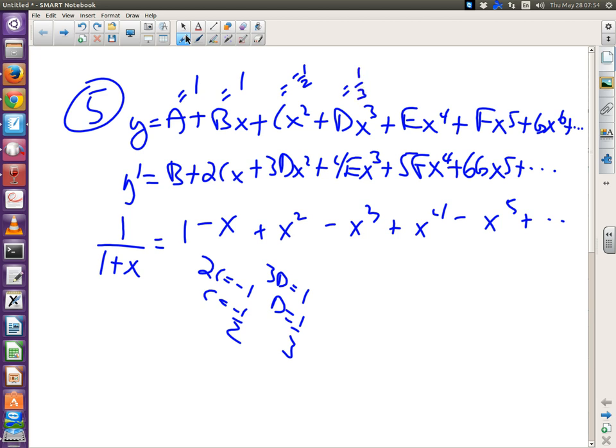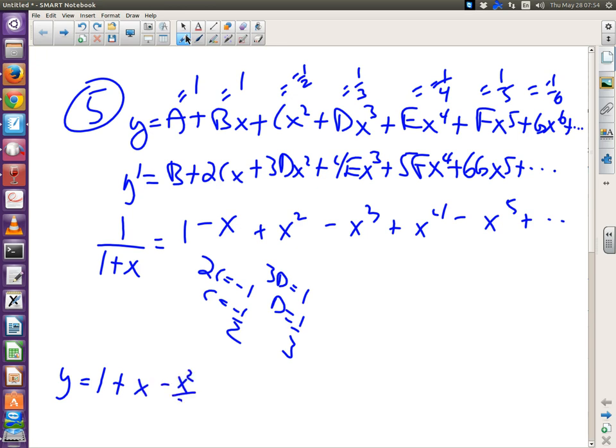Is this a strictly alternating series after the 1, 1? Is it going to keep on changing sign? Let's see. 4e is -1, so e is -1/4. Okay. 5f is +1, so f is a fifth. And so g? G is going to be what? -1/6. All right, so if you write it out, y is 1 plus 1x plus -1/2 x squared, so -x